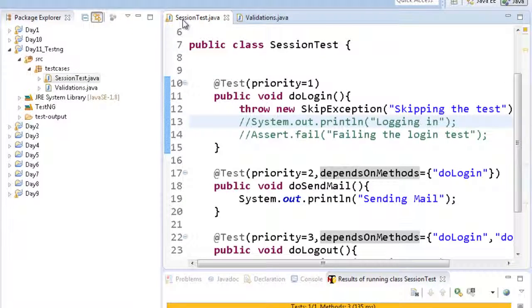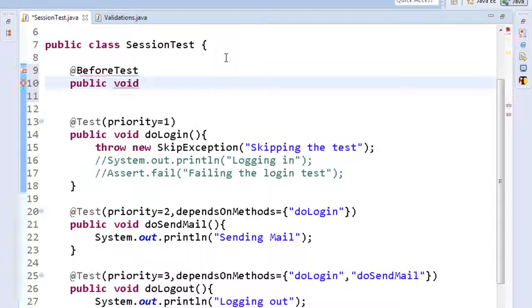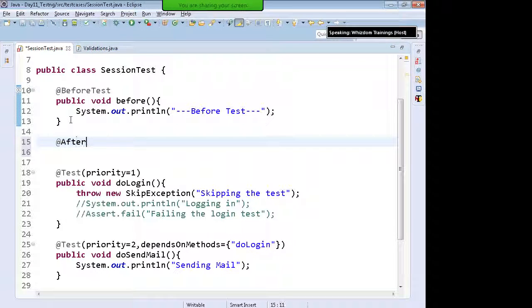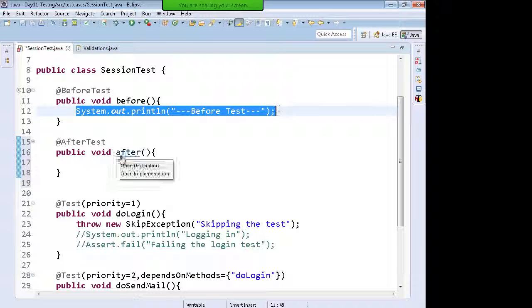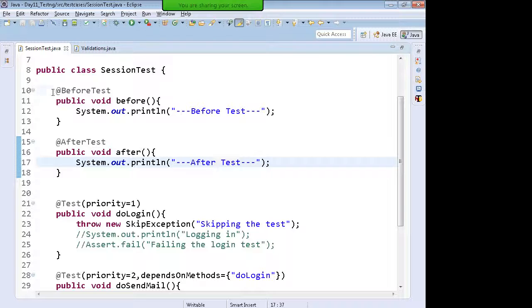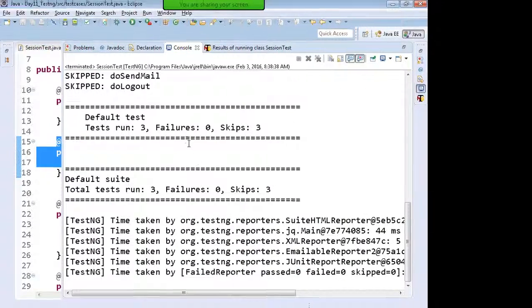For example, in the same test, if I make an annotation @BeforeTest, public void before, and print "before test", and then @AfterTest, public void after, and print "after test". As the name suggests, if you want to do something before or after the test case, you can do it in these functions, and when you run it, you will see